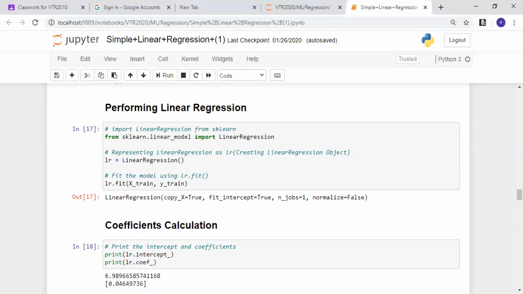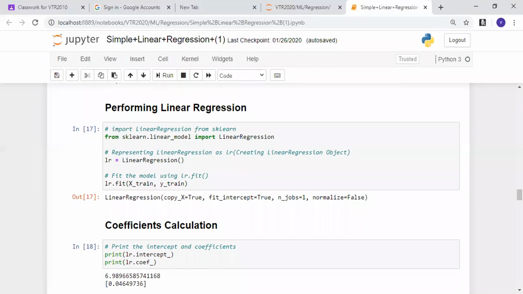Okay, that's plotted a line that says y is equal to mx plus c, where m is nothing but 0.04, c is 6.98, and x is whatever input you give. Okay, now let us predict the value of y manually, and let us see how it happens practically. Now the equation is 0.04 into x plus 6.989.